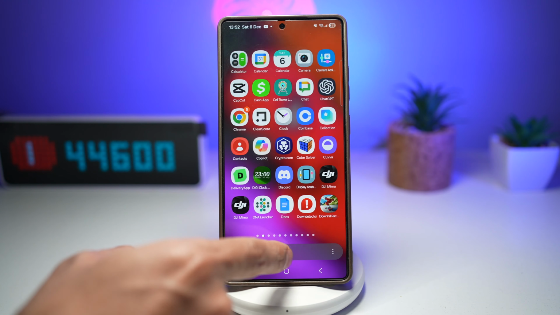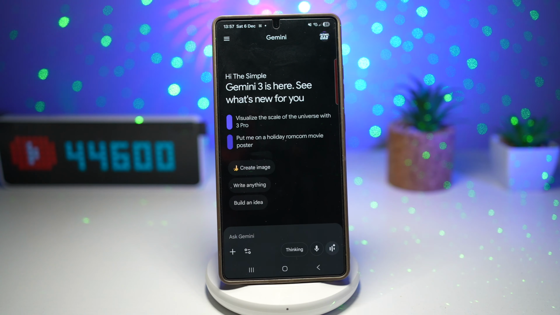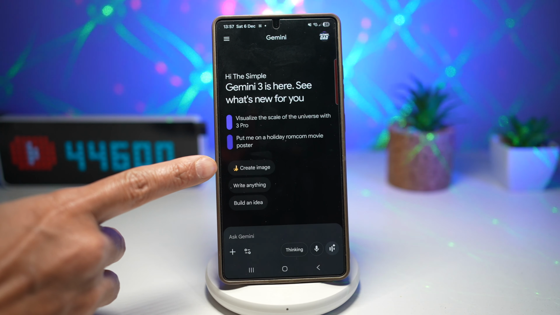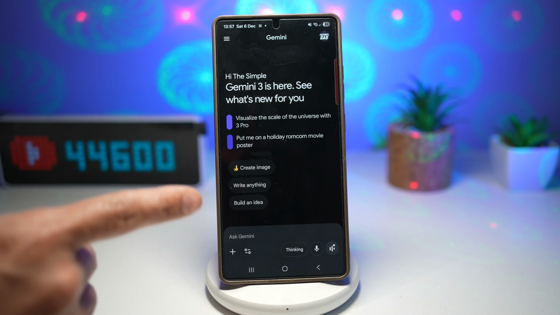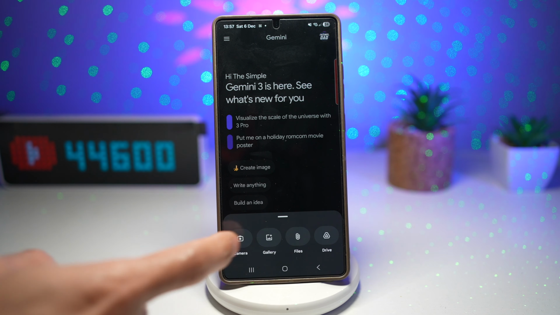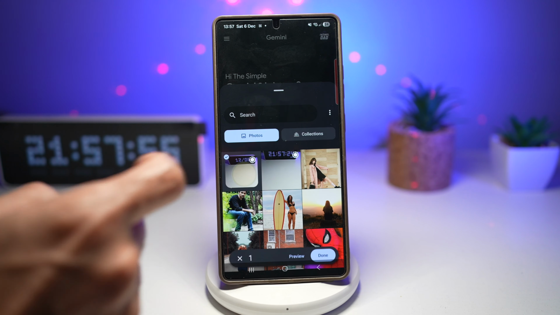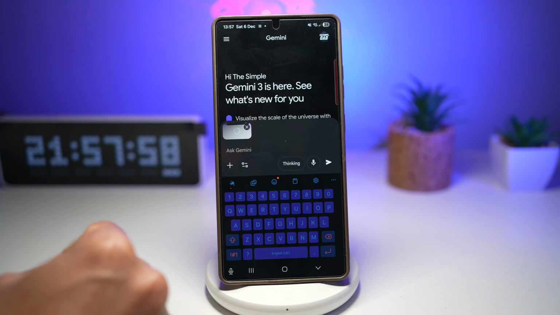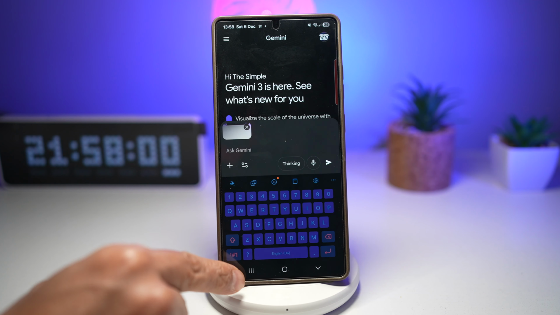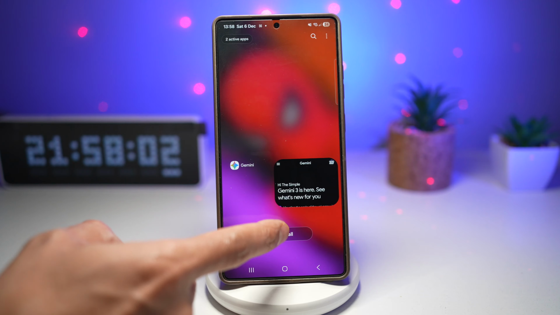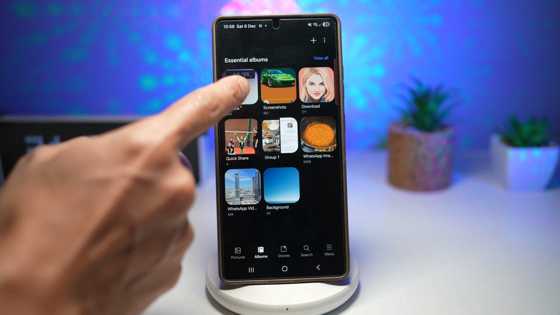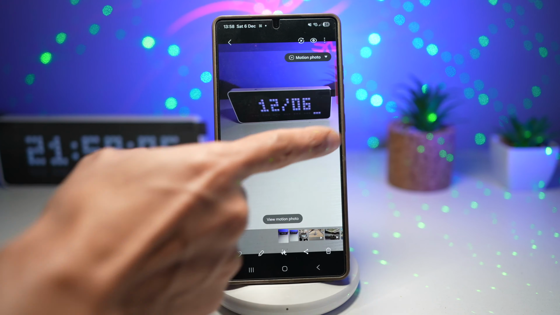So we'll go ahead and open up the Gemini app. Now in Gemini, we'll go ahead and use the Nano Banana editing app. We'll go ahead and add a picture. So we'll go ahead and add this picture here. Let's just say, for example, this picture here, I want to go ahead and remove the clock. So as you can see, this is the picture which I've taken, and I want to go ahead and remove